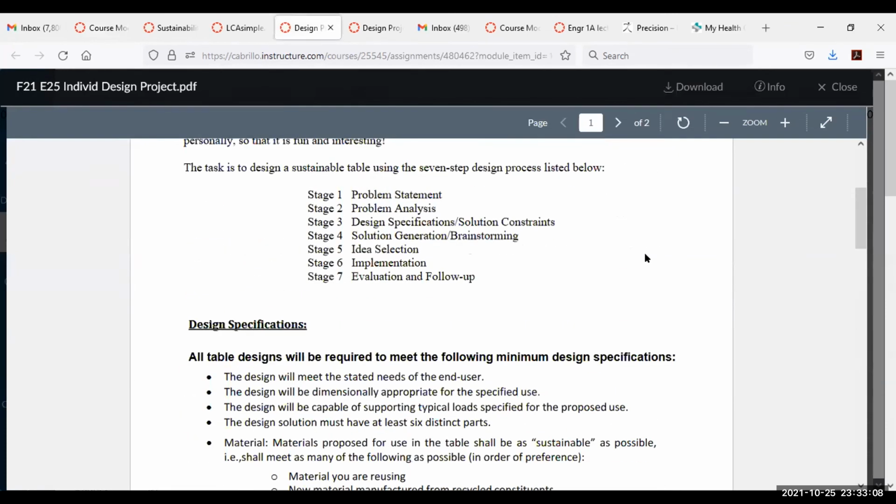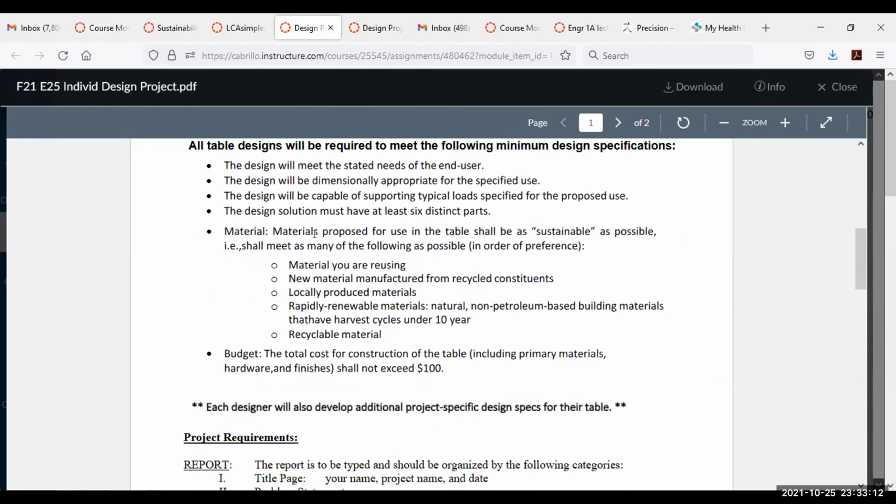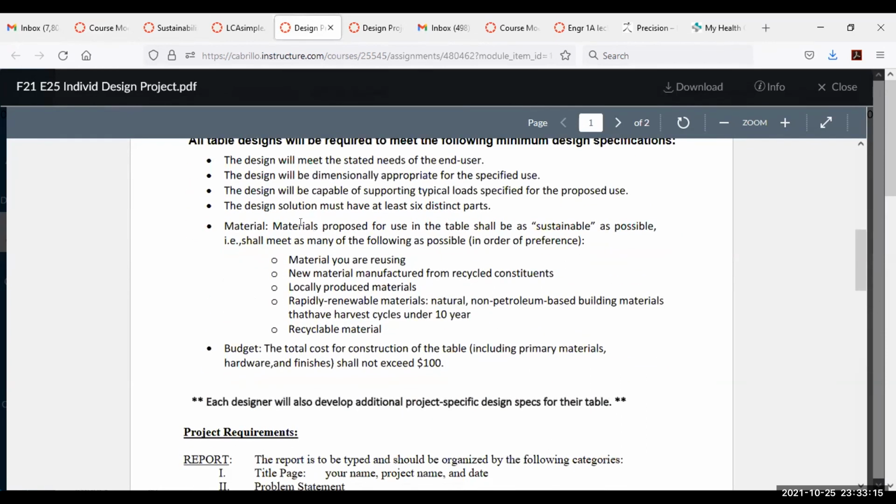And I'm gonna scroll down. And so here are the design specs that I suggested. Well, here are some of the materials. So materials proposed for use in the table shall be sustainable as possible, shall meet as many of the following as possible. So you could reuse material. You could use new material that's manufactured from recycled constituents. So if you went to a lumber store and bought wood that was processed using older pieces of wood,